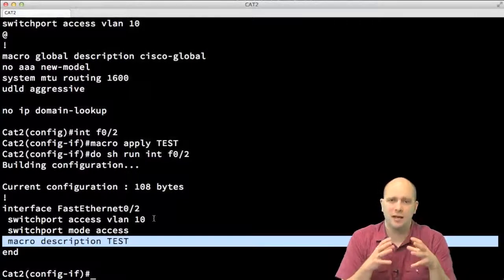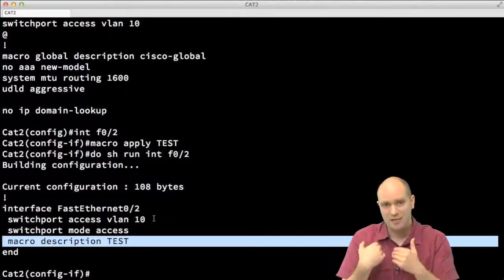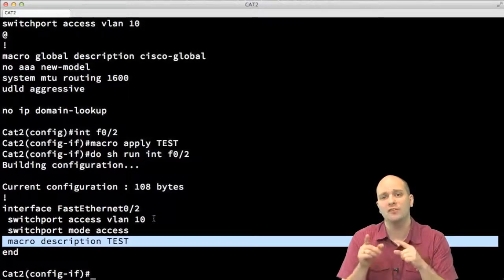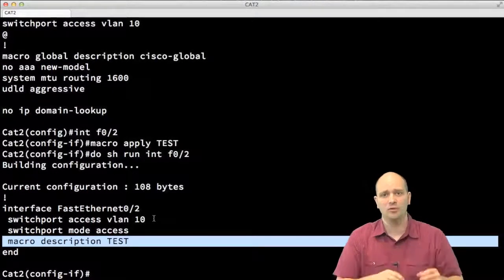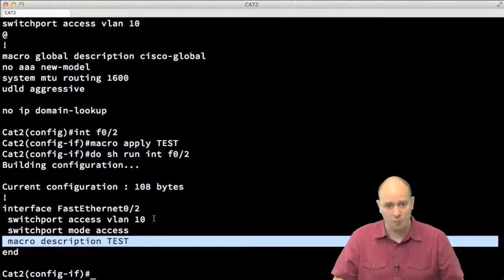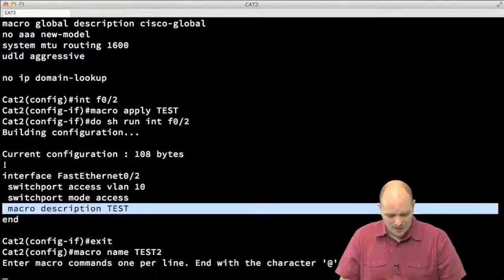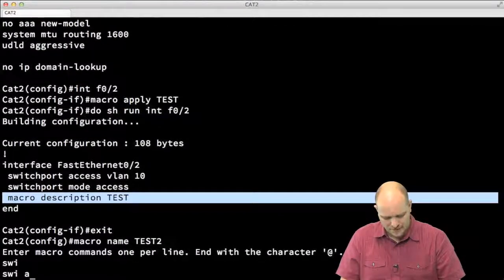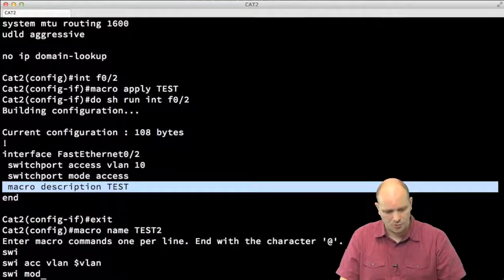What if I wanted to create a macro that does pretty much the same thing, except it allows me as the user to specify which VLAN to use? In other words, I don't want a macro for VLAN 10. I want a macro for any VLAN that I as the user specify. Well, that can also be done. Again, I'm going to go into the macro definition mode. So here I'm going to say macro name, let's call it test2, and I'm going to say switchport access VLAN, and then I'm just going to use a variable here, $VLAN, and I'm going to say switchport mode